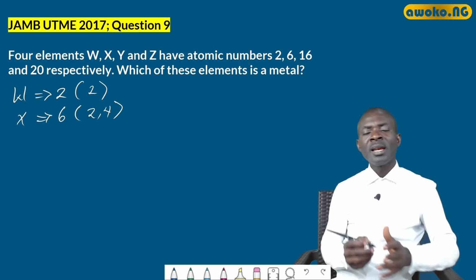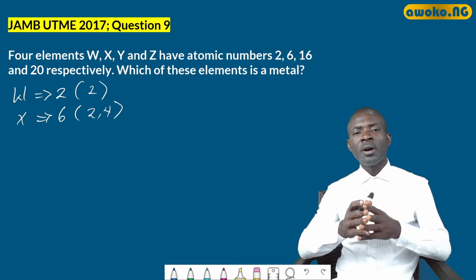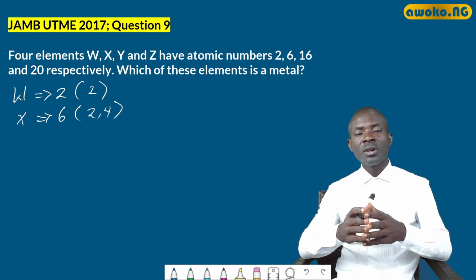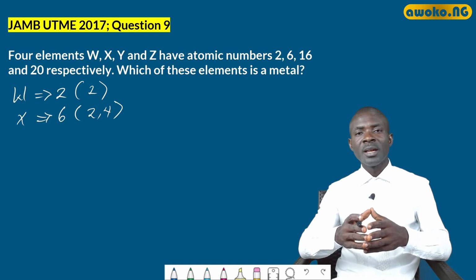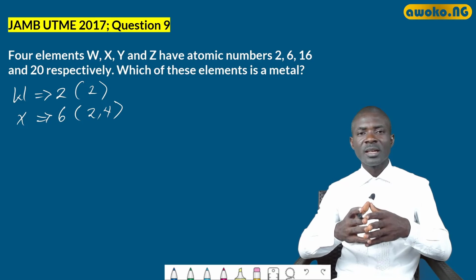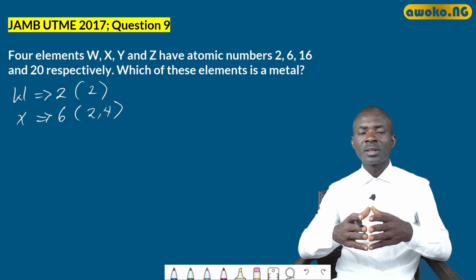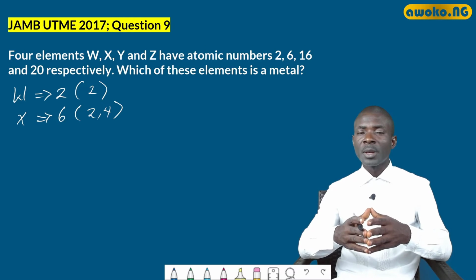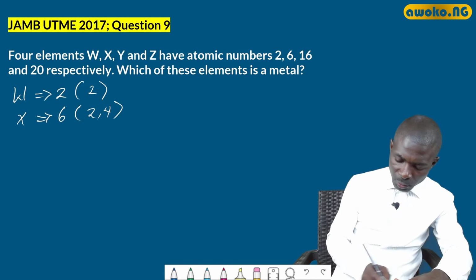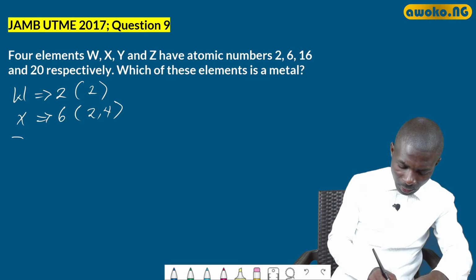So the element with 4 valence electrons is not a metal. It is simply carbon, belonging to group 4. While the first case is simply the element helium, which is the second element in the periodic table with atomic number 2. Of course, we can take a look at the third one here, which is represented by the letter Y,